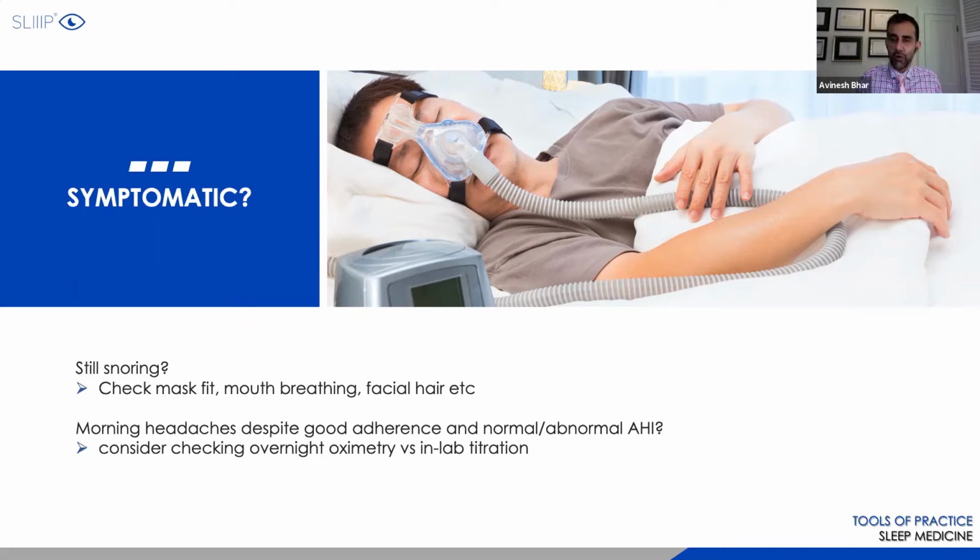Morning headaches: if they have morning headaches, or despite having good adherence they're still symptomatic, consider checking an overnight pulse oximetry. I generally will jump straight to the in-lab titration, because if they're not feeling great and they still have symptoms and I've done a home sleep study, I will go ahead and get the in-lab titration done. I may have missed a secondary sleep issue, but I also may have missed hypoxia as well. The in-lab titration is kind of a one fell swoop, and you can go ahead and get them treated and change management based on that.